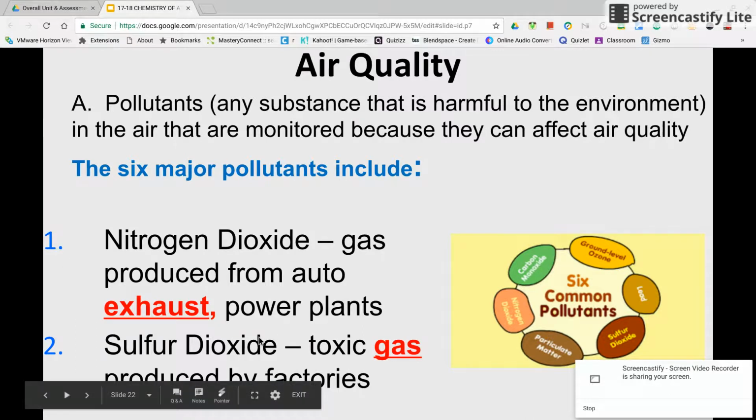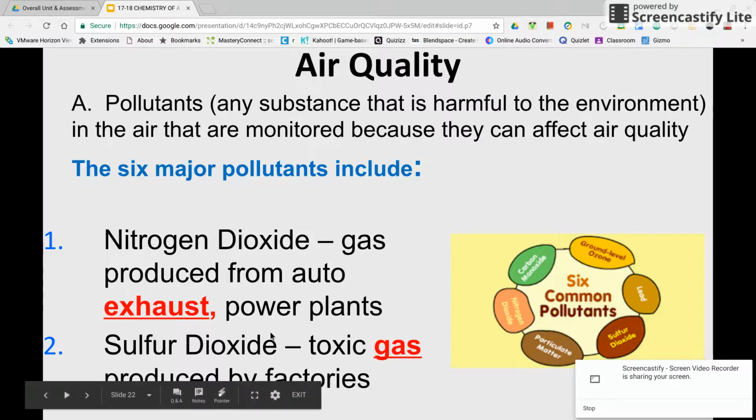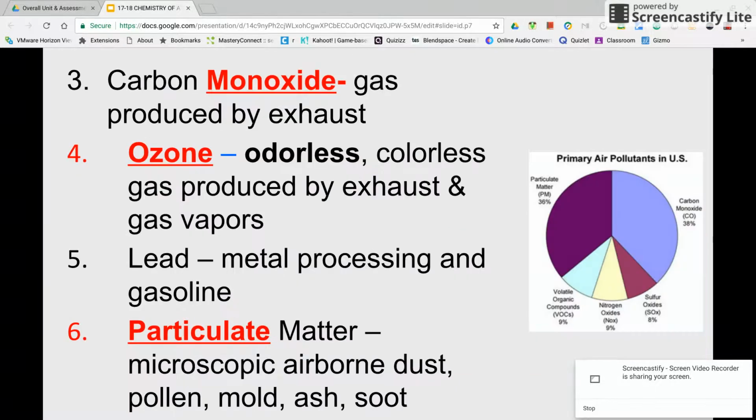The reason why those are so bad is those are the two main ingredients that give us what we call acid rain. So when those two compounds mix and dissolve into water, which we know is the universal solvent, when it mixes with that water in the clouds or the water vapor in the atmosphere, it produces something called acid rain. Some more pollutants that we have in our atmosphere are things like carbon monoxide, which is produced